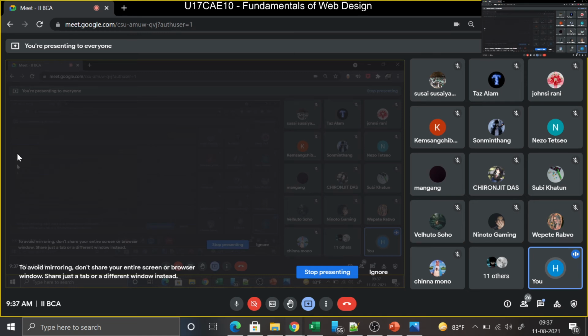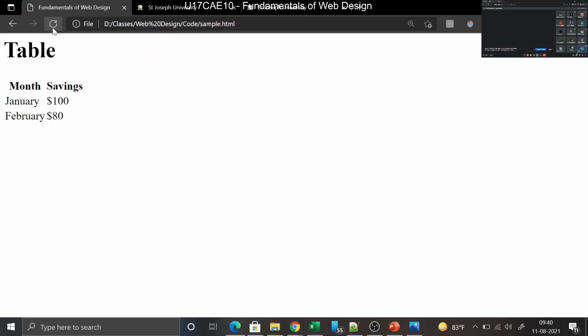Anybody? What is this tag? Table data. Good. Now if I display this, what do you get? You're getting a table with month and savings.